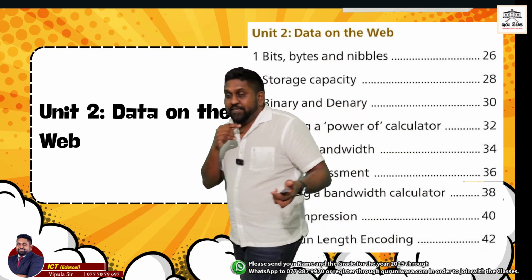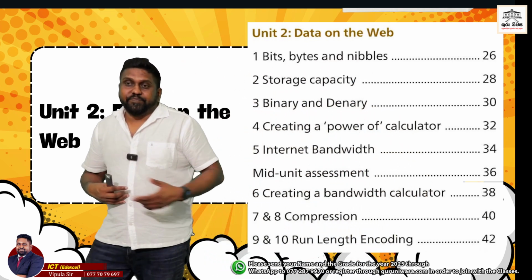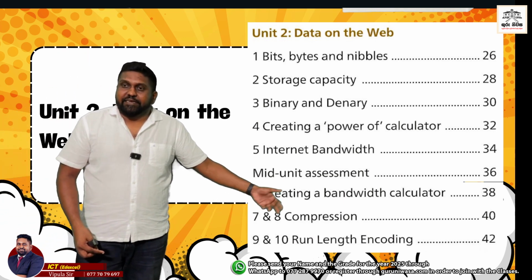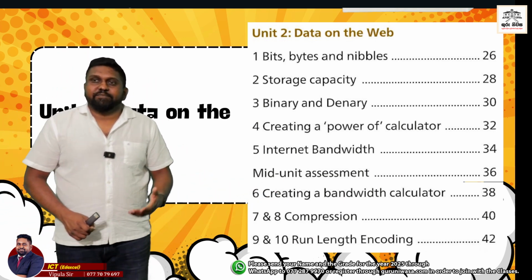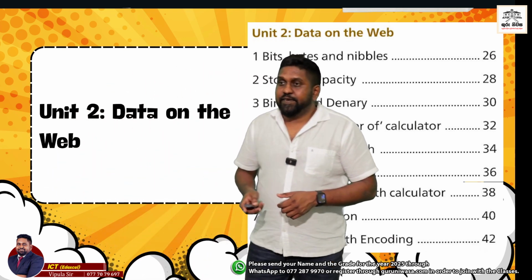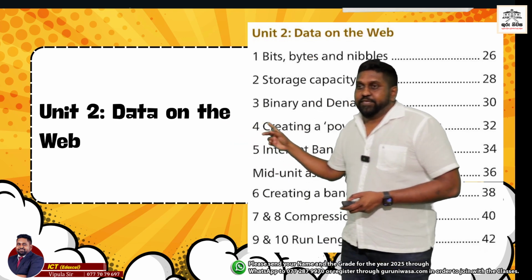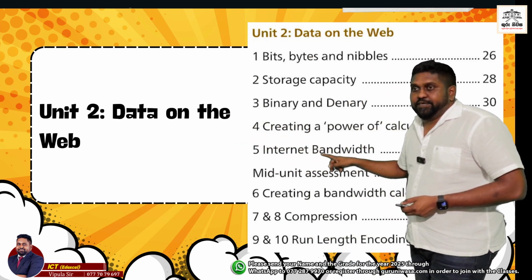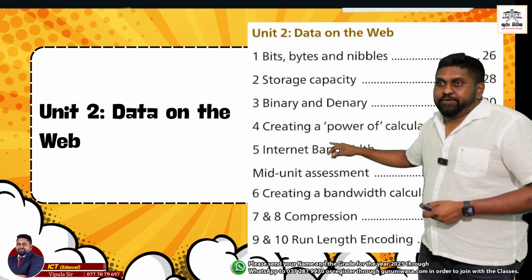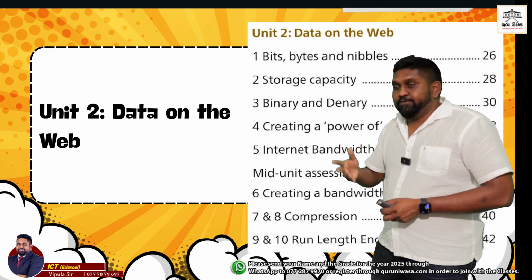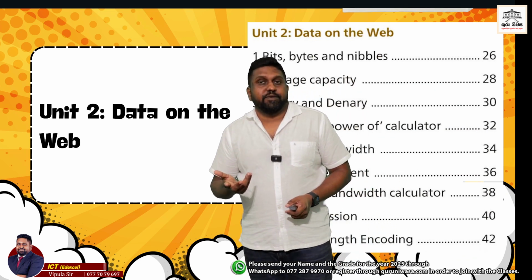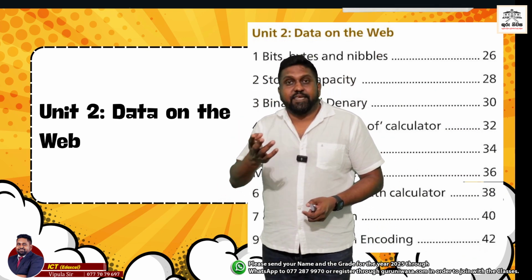So the compression is required because when we are sending something through the internet, it has to be compressed up to a certain extent, because otherwise people won't be able to open it. As well as we have another point where we talk about the bandwidth. So when we are sending some data through the internet, again we have to think about the bandwidth, and according to the bandwidth we have to adjust. So at this point we talk about simple set of factors like